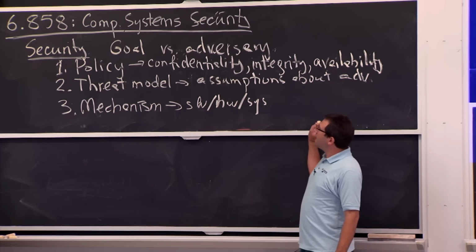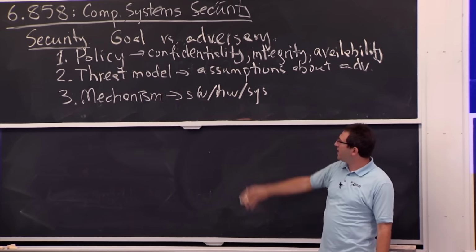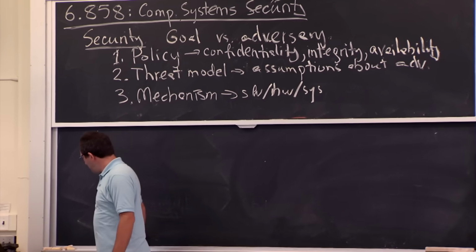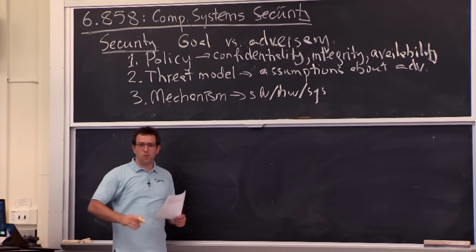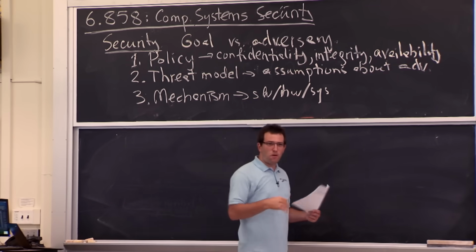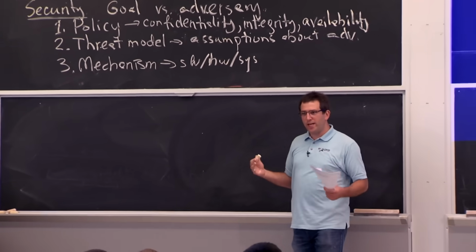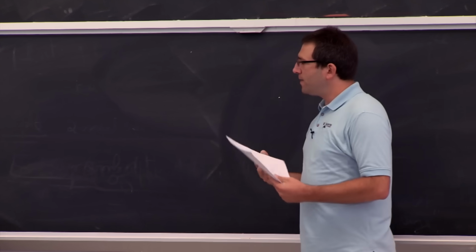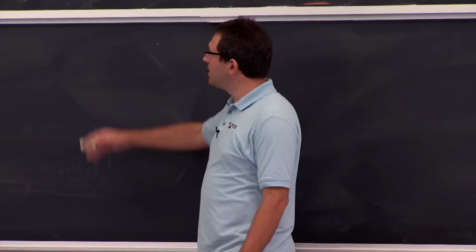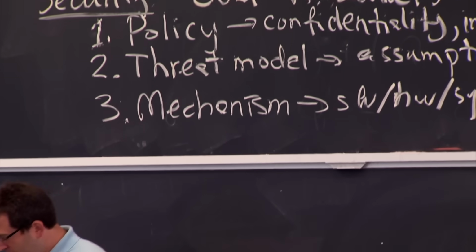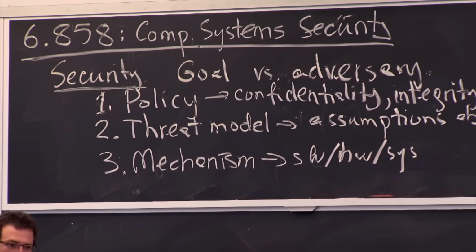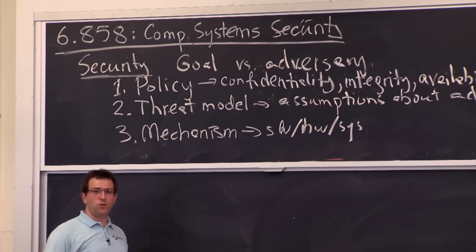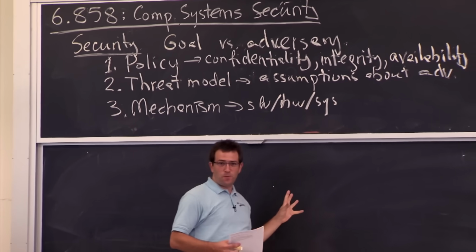So why is this so hard? It seems like a simple plan. You write down these three things, and you're off and running. But in practice, as I'm sure you have seen in the world, computer systems are almost always compromised in some way or another, and break-ins are pretty commonplace. The big reason why security tends to be a difficult problem is that this is a negative goal, which will be familiar to those of you who do 6.033, meaning that we have to make sure our security policy is followed regardless of what the attacker can do.